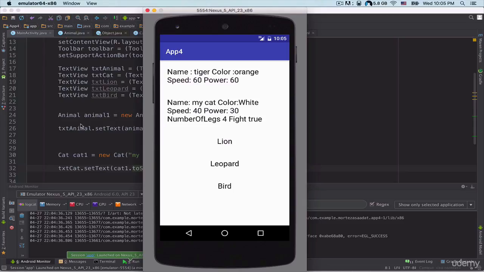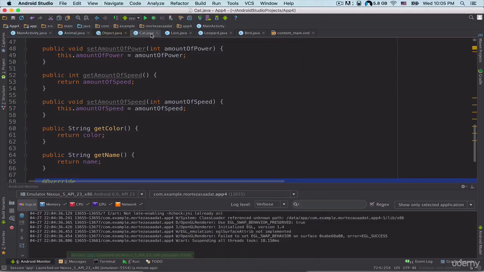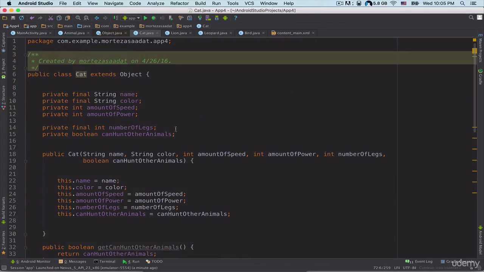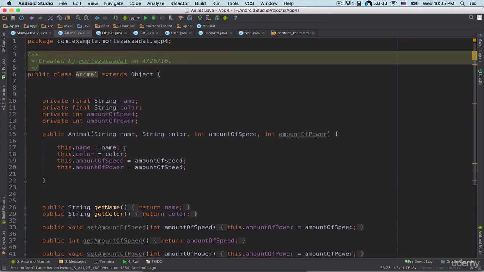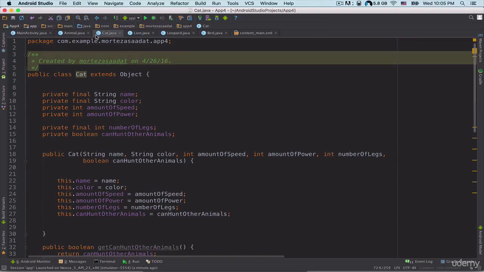Now I want to show you again the power of inheritance in Java. Let's go back inside the Cat.java file here. As you can see, we've got a lot of duplicated code that is inside the Animal class, okay? In reality, these two classes can be related to each other. This Cat class and this Animal class can be related, and a cat can be an animal. So a cat is an animal, so we can inherit from the Animal class. So Cat extends Animal,